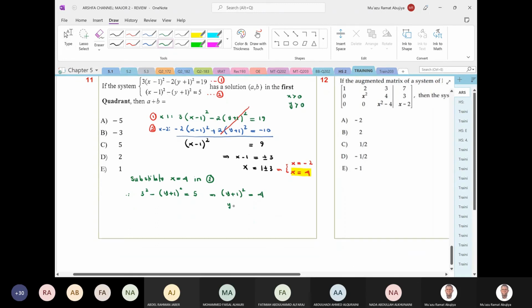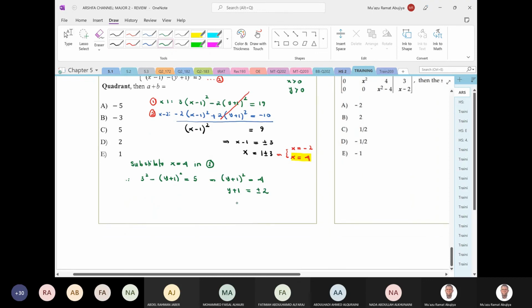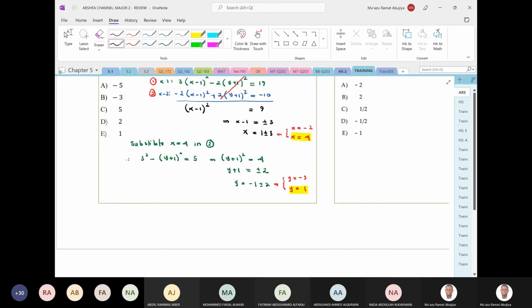So here we see y plus 1 is going to be equal to plus or minus 2. So y is going to be equal to minus 1 plus or minus 2. This implies that y shall be equal to minus 3 or y will be equal to 1. Now, I cannot take y equal to minus 3 because negative means not quarter number 1. So this is the combination I'm going to use. So which solution am I talking about? Therefore, the solution we need in quarter number 1